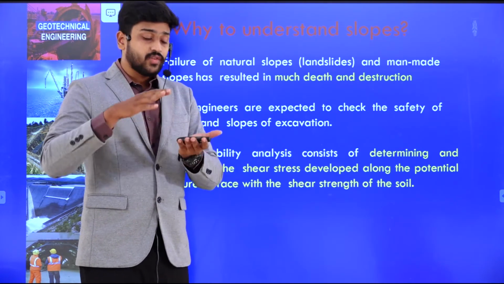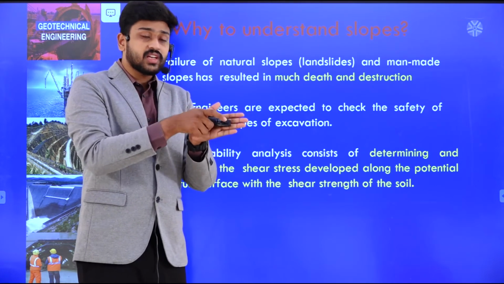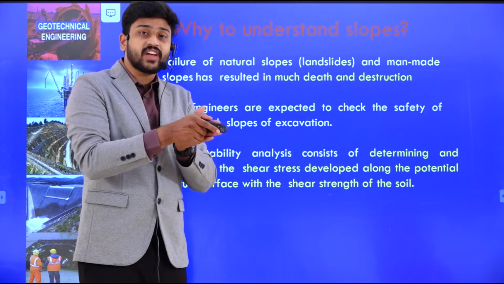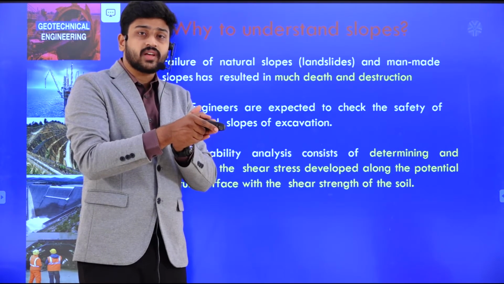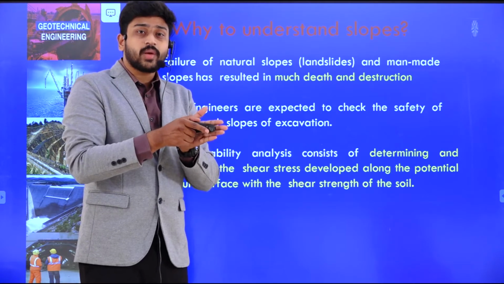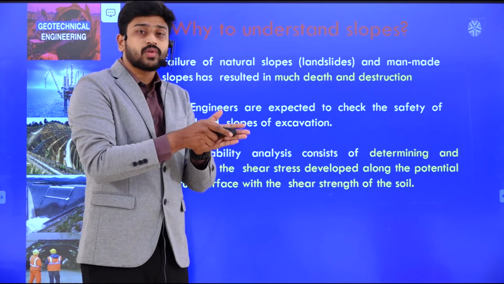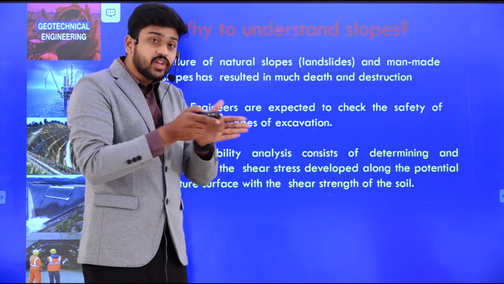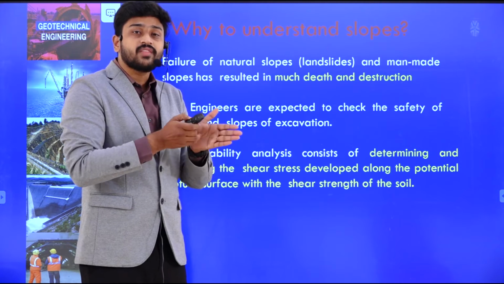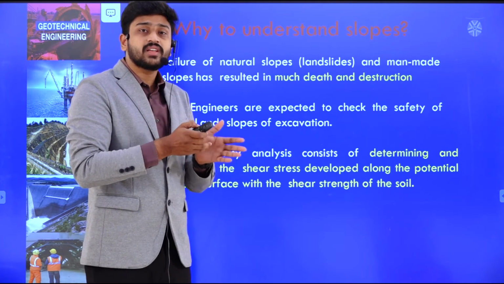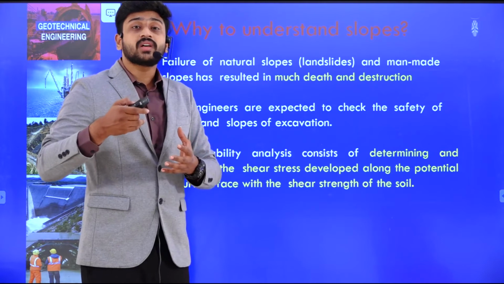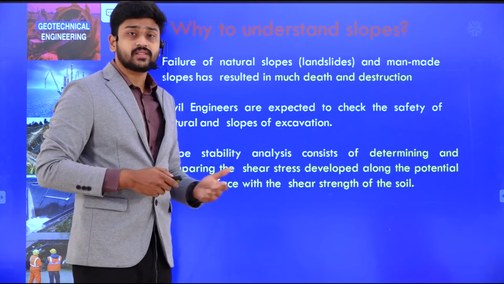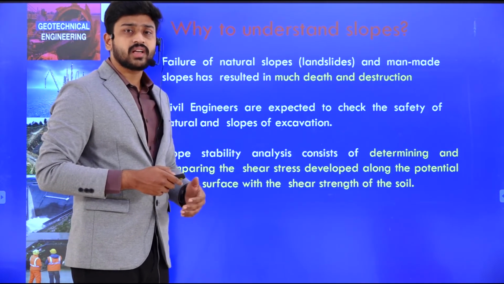Because if you imagine a particular soil, and this upper soil is sliding, that means it is failing and shear is happening. As we have discussed for a two-dimensional body, it is happening in the case of a slope now. So we need to determine and compare the shear strength value along this failure plane, wherever the failure is happening, with respect to the resisting shear strength. Clear? That is what we do in this analysis. We will look at more detail in the upcoming slides.